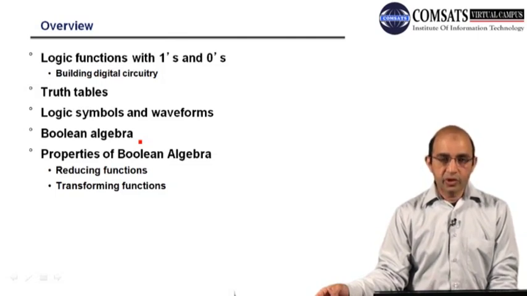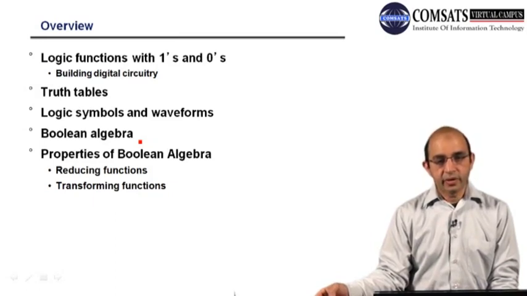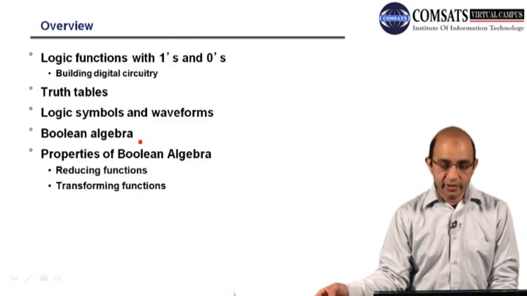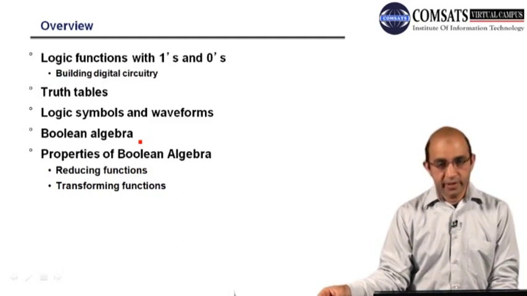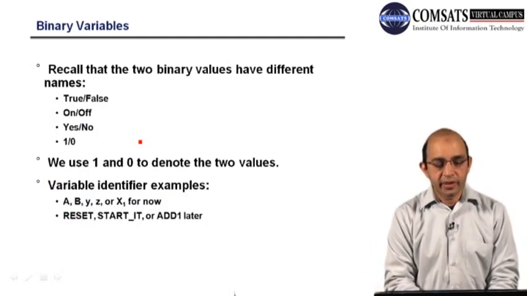We will be talking about truth tables because they are very important, and we can represent a circuit or an expression by a truth table. Then we can also use waveforms. And we will be discussing different axioms of Boolean algebra, and how we reduce the circuitry, and then we will be discussing different transformations. So as we discussed before,